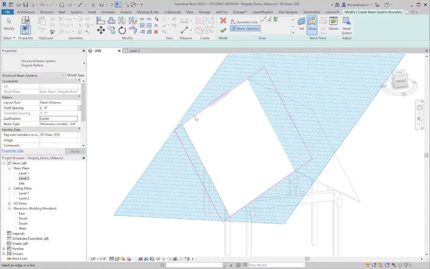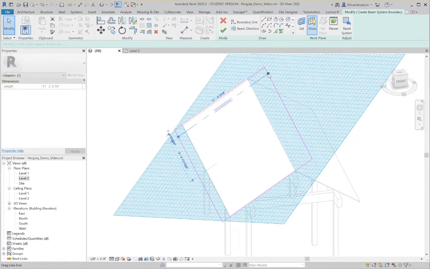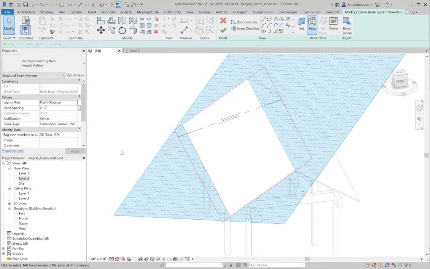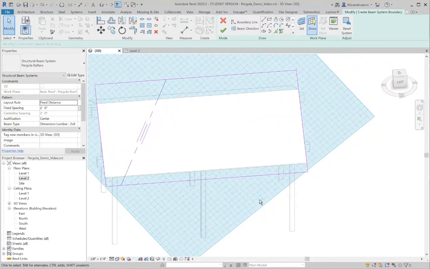So if I knew for sure I wanted to have a beam at a very specific location, I could pick this beam direction tool, choose my line tool, and draw the actual beam direction in with this one. So now this beam is going to determine the 2 feet on center spacing beginning point for that layout. Should also point out that you don't have to have your directions totally perpendicular or parallel to your